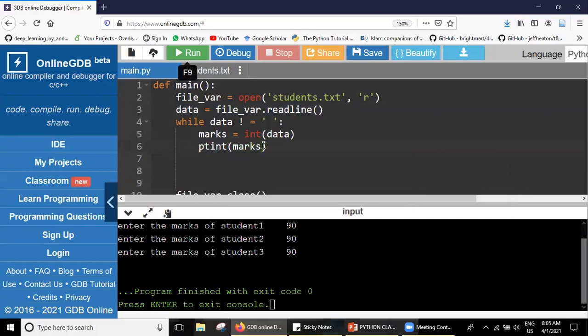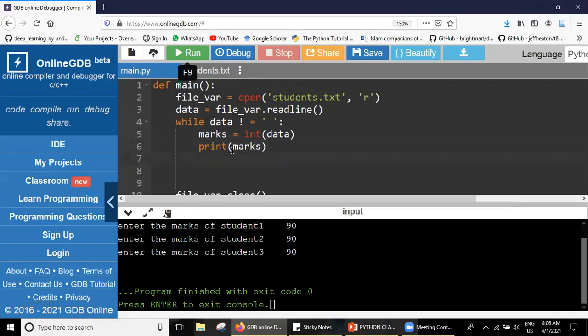Where is my value stored? Here. And each time I have to go to the next value, right? To the next line. How can I go to the next line? I have told you that when we write readline for the first time, it will read the first line.